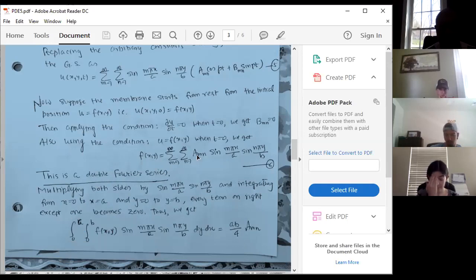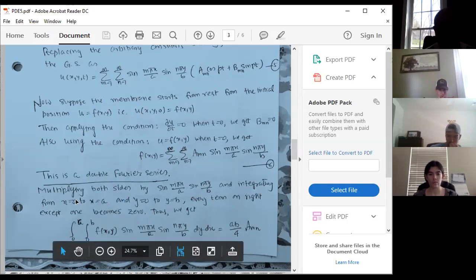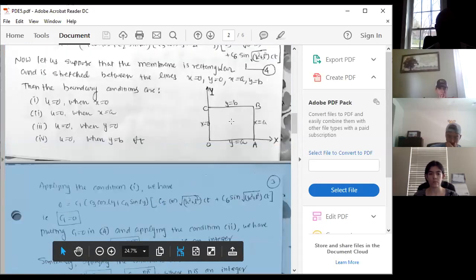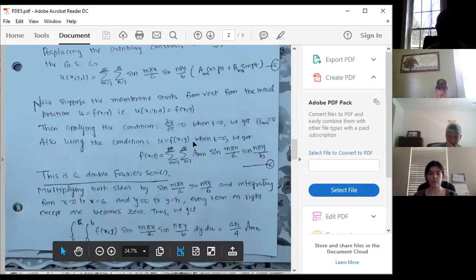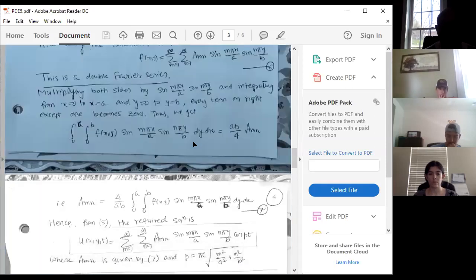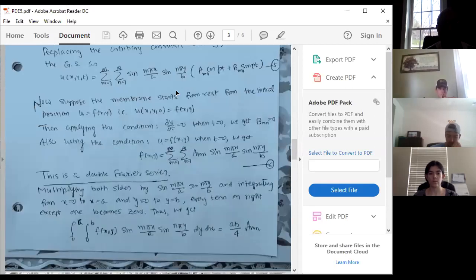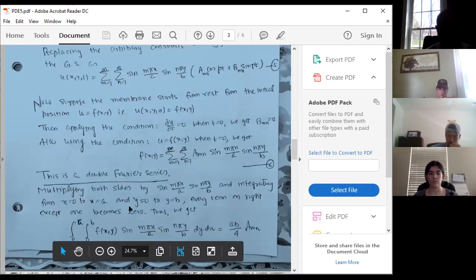Whatever factors you have over here, just multiply both the sides by this factor and integrate. Continuous summation is nothing but the integration, because you are working with continuity. That means this portion itself will be converted to integration. Your range of integration is x equal to 0 to a, y equal to 0 to b, because that's the range we have decided for my portion of the membrane. Sounds good. If you do this, please keep in mind, multiplying both sides first by these two factors, and integrating left hand side and right hand side with respect to x and y,